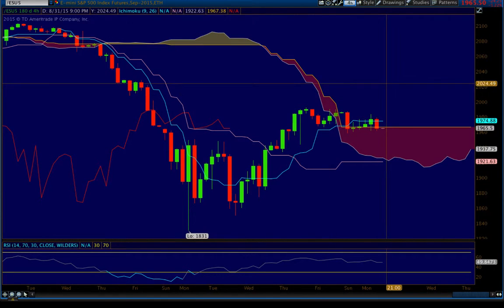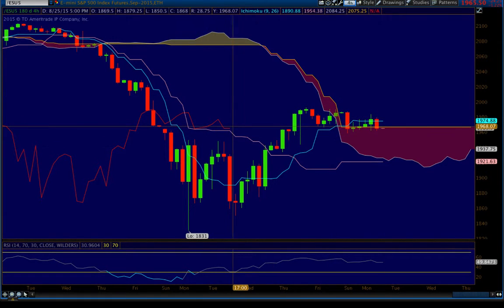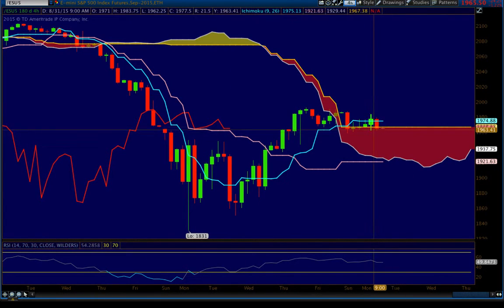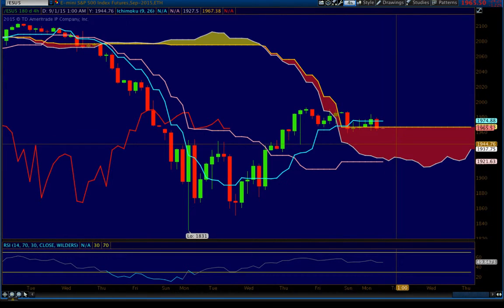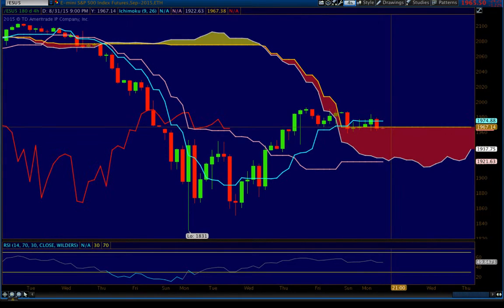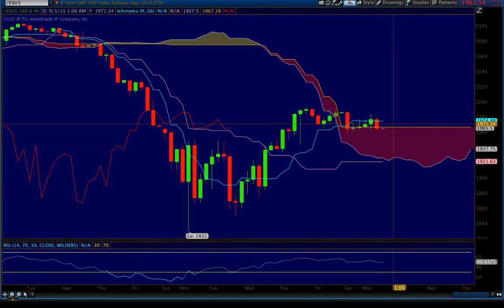So looking at ES on the 4-hour time frame, we see that the Chikou, this red line, is holding support of the Kijun-sen, but the Kijun-sen is going to be descending ahead. Also, we see the last 4-hour candle closed inside the cloud here, just under the top level of the cloud, and the current candle is opening up inside the cloud. So technically price action is neutral at this moment on the 4-hour time frame, and it needs to get back over the cloud, just a couple more points from where it is, and then if it goes higher, it's going to run into resistance at